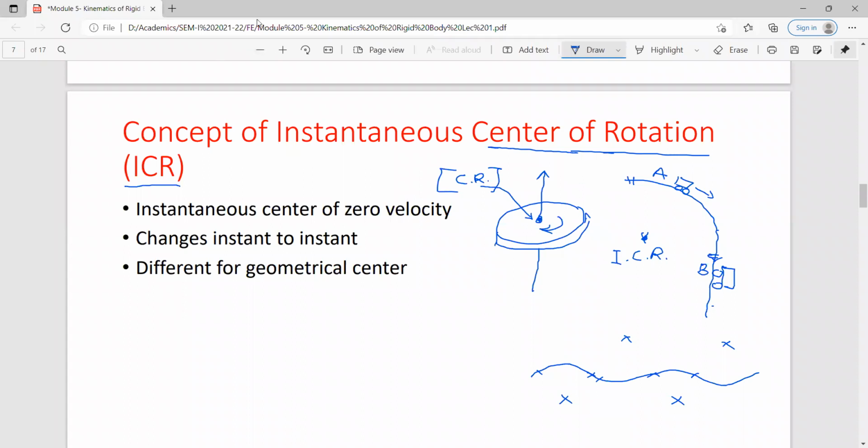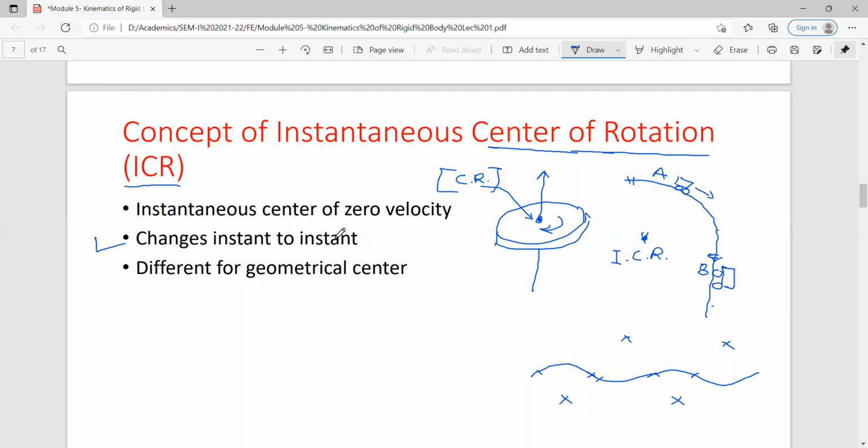Okay. So the first point is that the ICR changes instant to instant. That's why this is called the instantaneous center of rotation. It is your first point. Okay. Next,